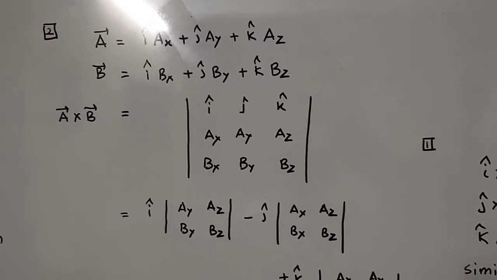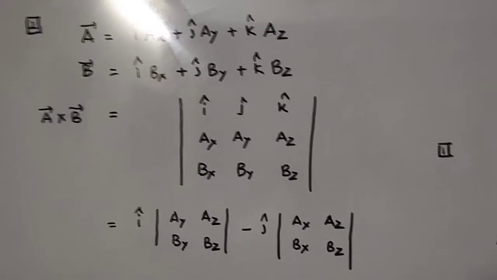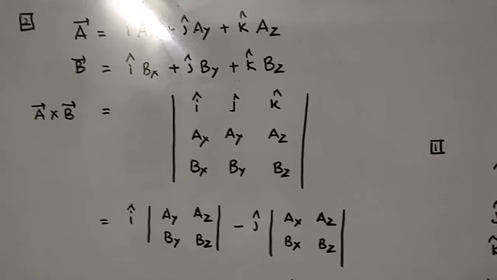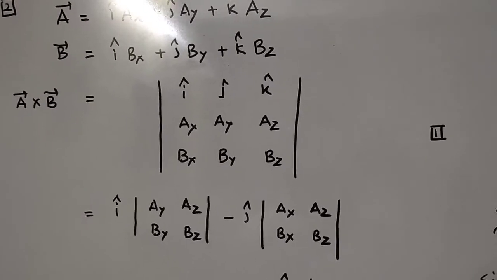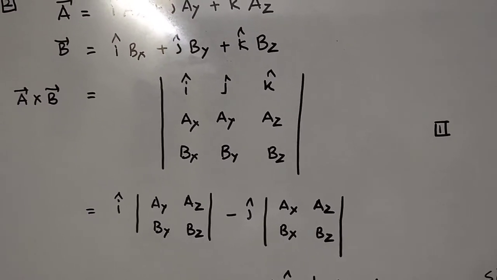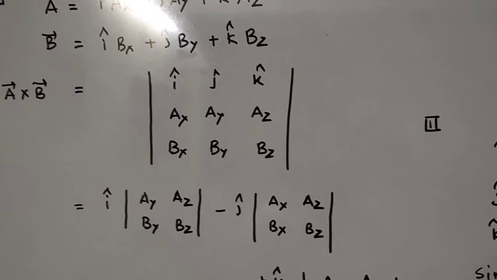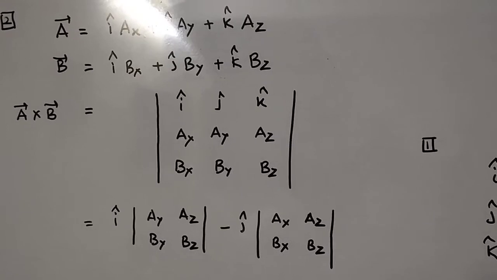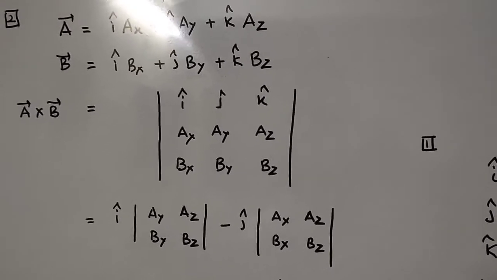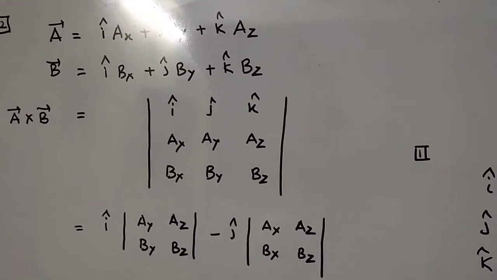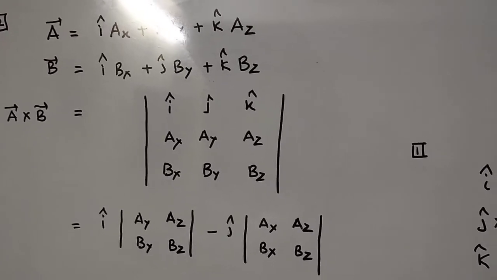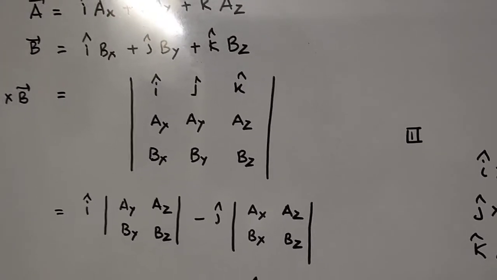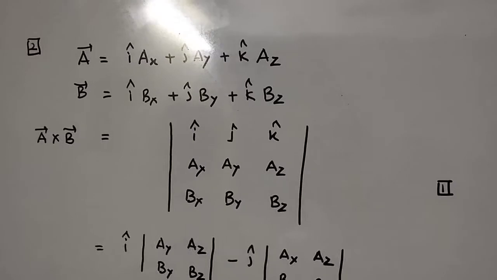Now if you have to define a vector cross b vector, you have to use the determinant rule. This rule is your determinant rule. These two parallel lines, and the arrangement, is nothing but a determinant. You will learn it in class 12 mathematics, but here we are using it in class 11 physics. Now a little bit of explanation I will do to make the application clear here, but the rest you will get in class 12 in mathematics.